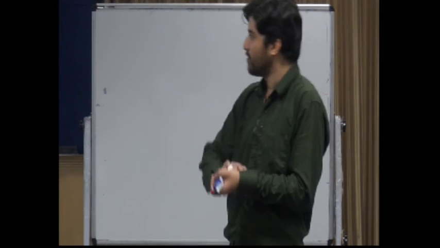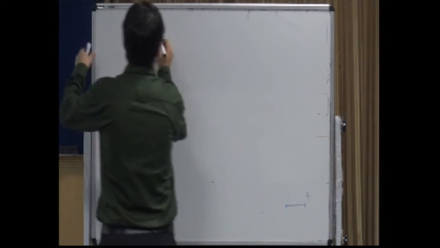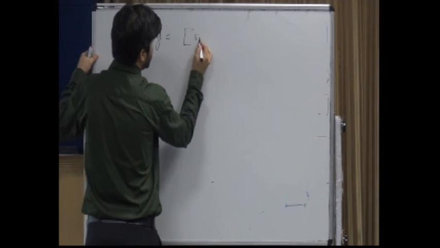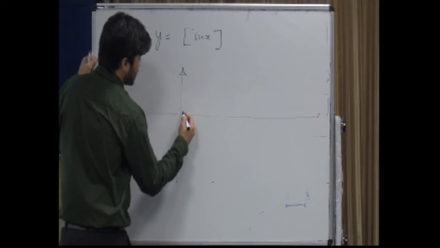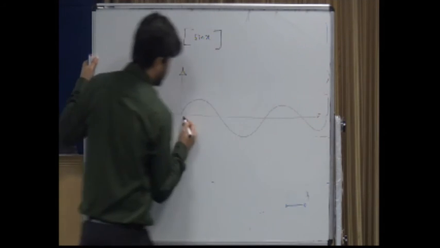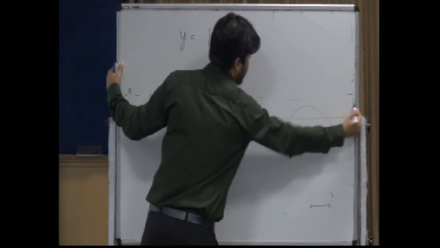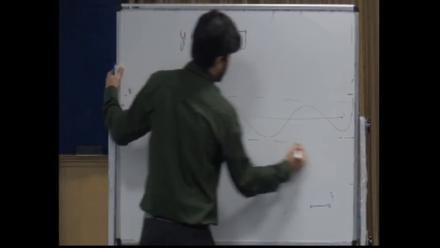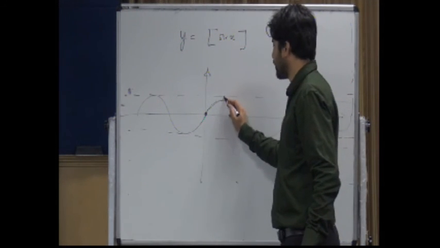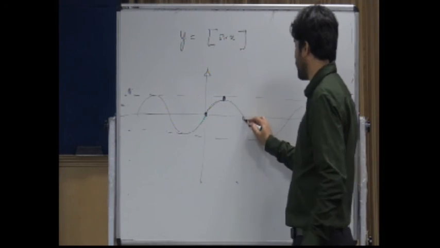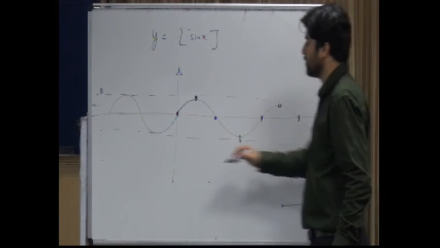ठीक है? Explain the graphs again. Which graph? See, I am trying to draw this graph. So when you are drawing this graph, simply first draw sin x. And then you know that sin x is chopped between 1 and -1. And see, 0 से यहाँ तक ये दोनों चॉप्ड है यहाँ तक. तो जहाँ जहाँ ये इंटीजर पॉइंट को टच कर रहा है वो तो उसको बना दो कि ये पार्ट ऑफ फंक्शन बन गया. वो उसको वहाँ से कोई नहीं मूव कर सकता है. तो हमने उसको यहाँ बना दिया,